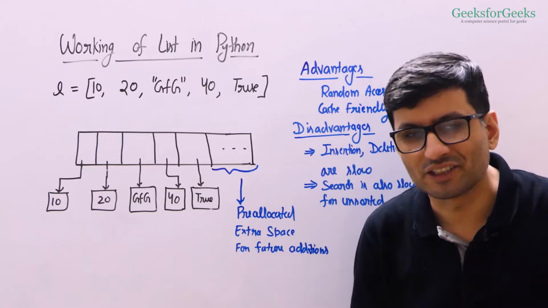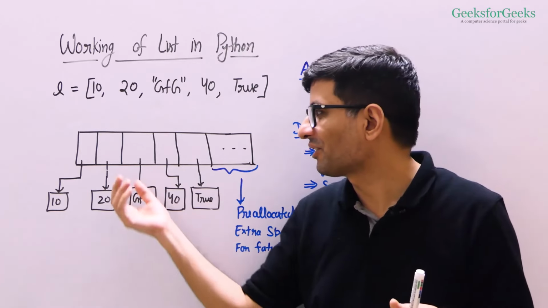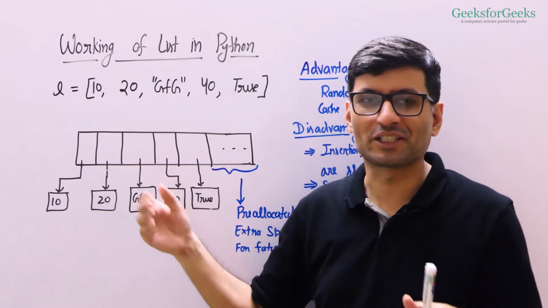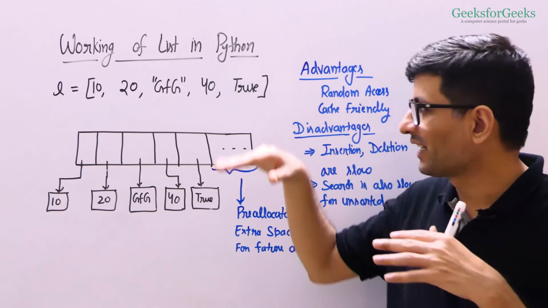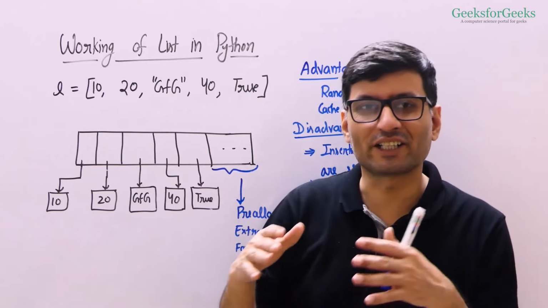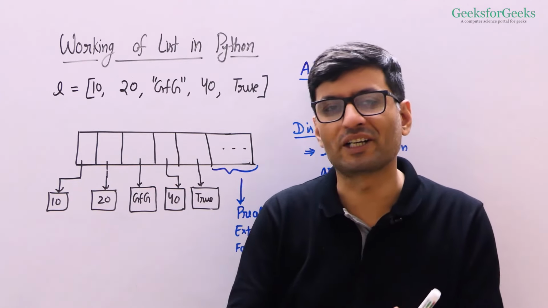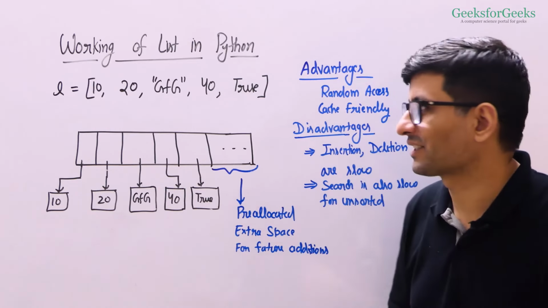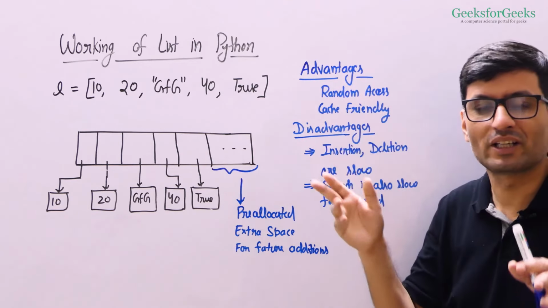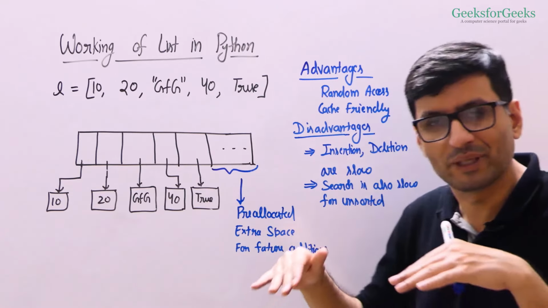Now the question arises, what are the advantages of this contiguous memory location? What are the main advantages of this array data structure, which we have as a list in Python, as ArrayList and other containers in Java and in all programming languages? See, the advantage is random access. That's the biggest advantage you get with an array structure, right? A list is mainly an array.